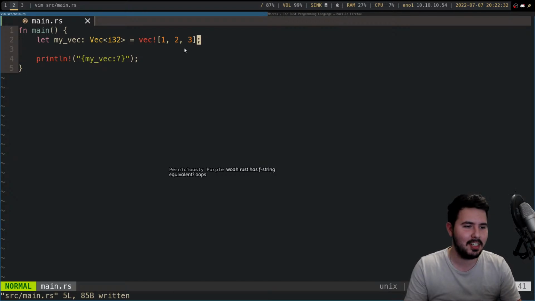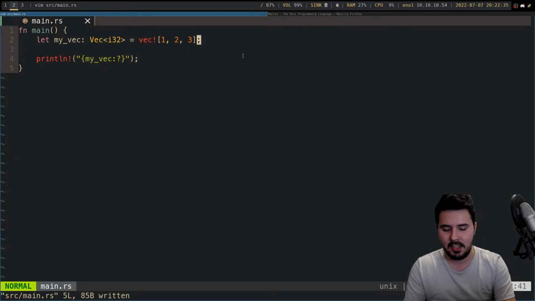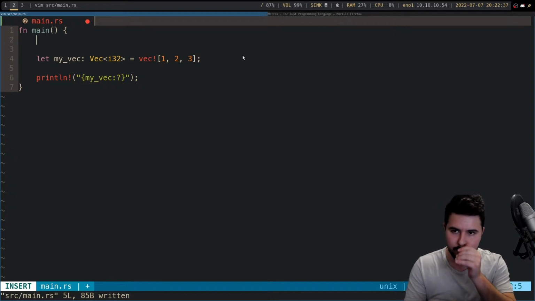So you can just keep adding more and more things or take things away and so on and so forth. So yes, and the f-string thing is actually quite new. Okay, so